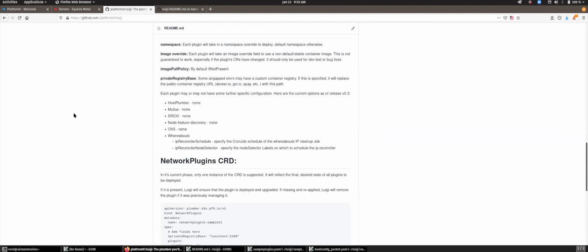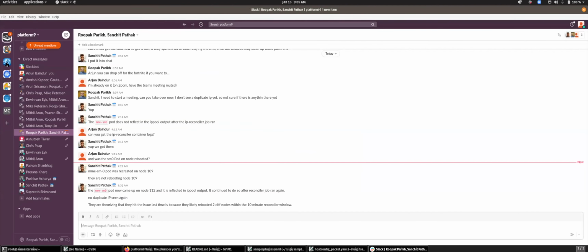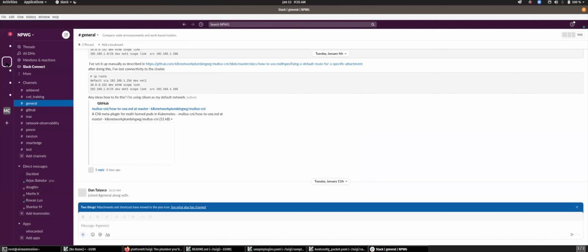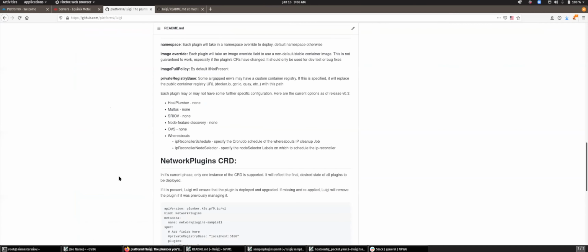So is that in the Kubernetes Slack? It's not in the Kubernetes Slack. It's the network plumbing working group, and there are some other people here that hang out that work on Multus as well as SR-IOV. So this used to be the Intel GitHub. You could also just file an issue on the GitHub itself, and I'll respond very soon.